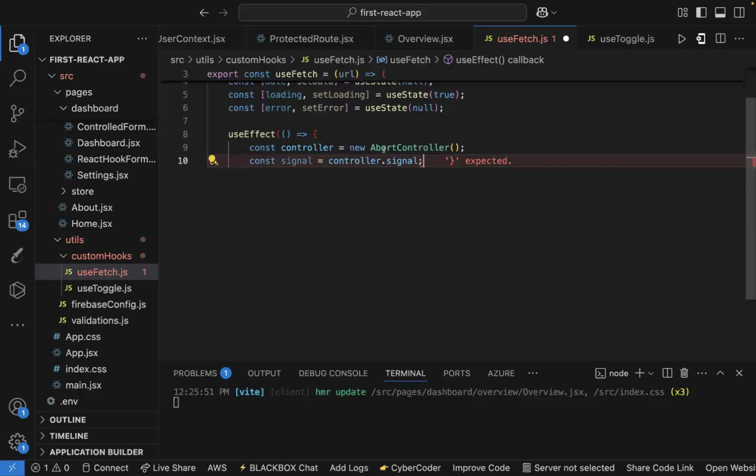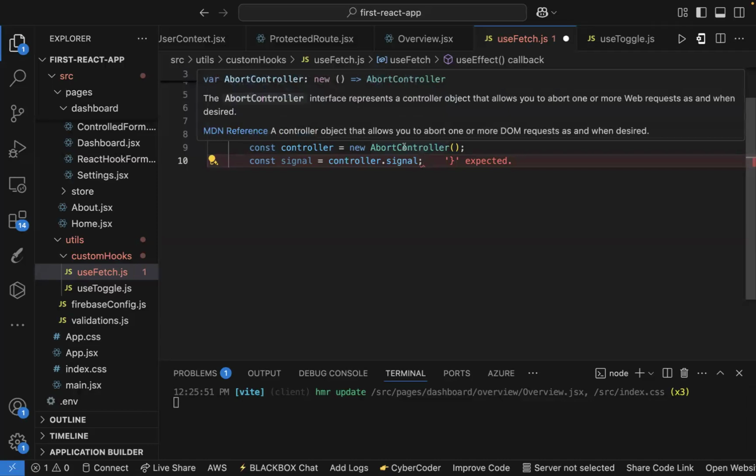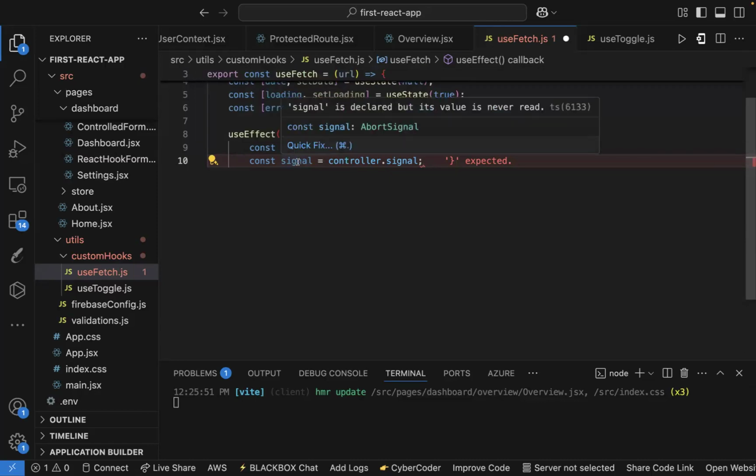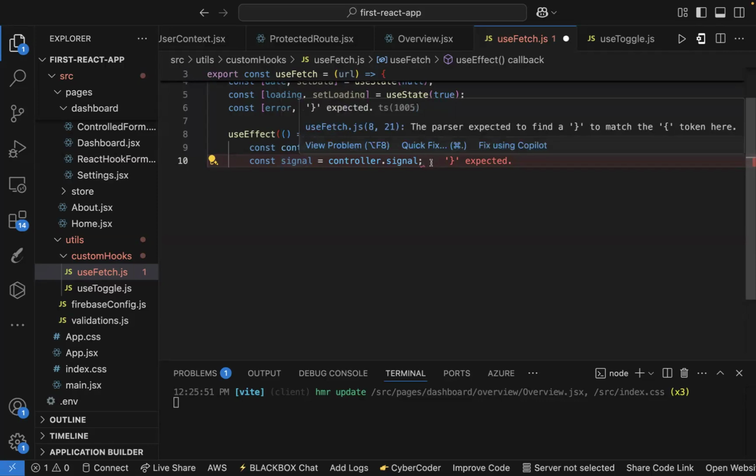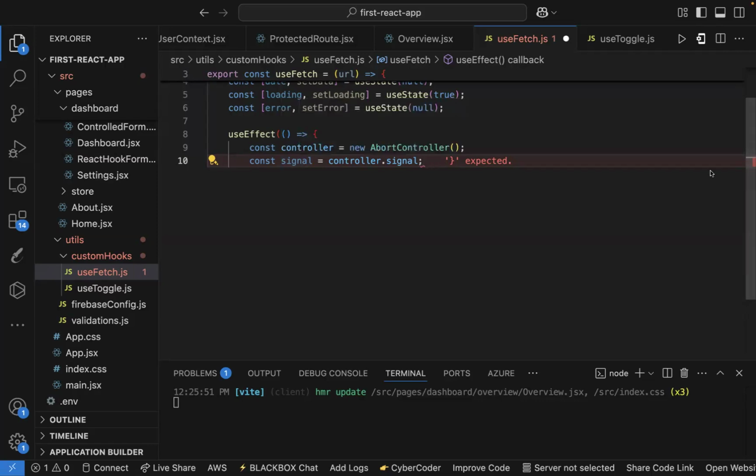I believe that this might be confusing, but as you can see, the AbortController interface represents a controller object that allows you to abort one or more web requests. So basically, first you utilize the signal to monitor the abort call, so that if your